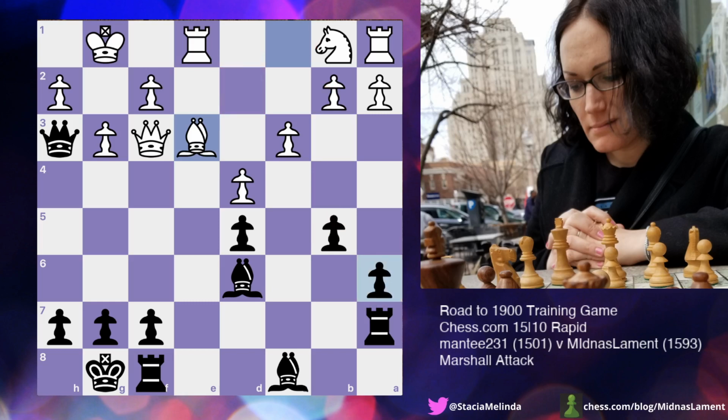But now I played rook to e7 because now the bishop is pinned. Not sure how much that matters, but it felt correct, so I did it. Okay, and knight to d2. And now I can double. And I felt like, okay, this is pressure. The bishop is pinned, and how to proceed from here? Well,